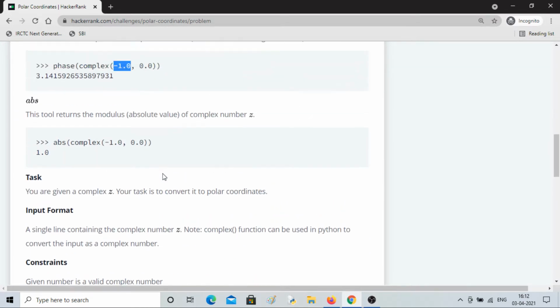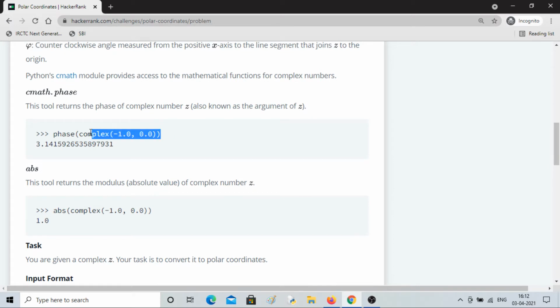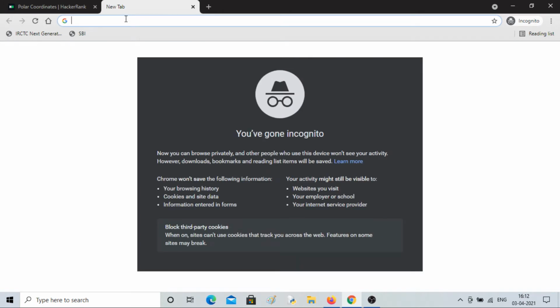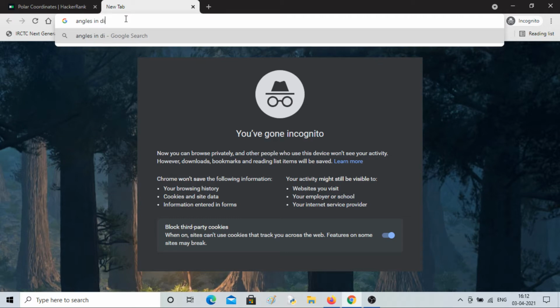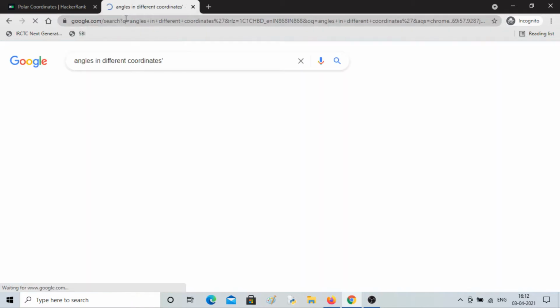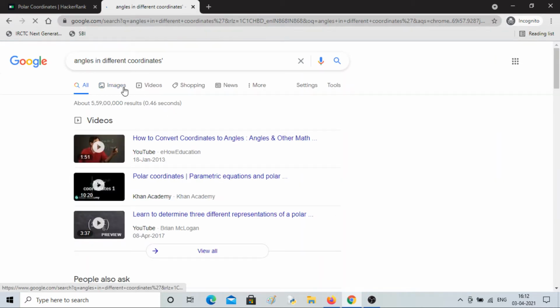You can search about angles in Google. Let me search it for you: angles in different coordinates. Maybe some videos or images will work out.